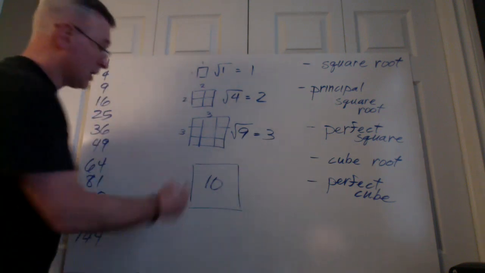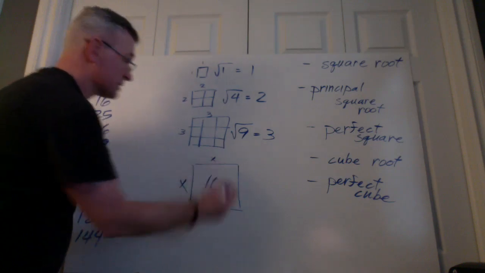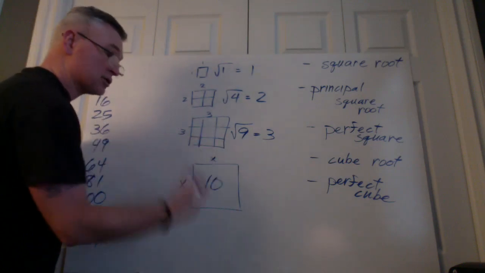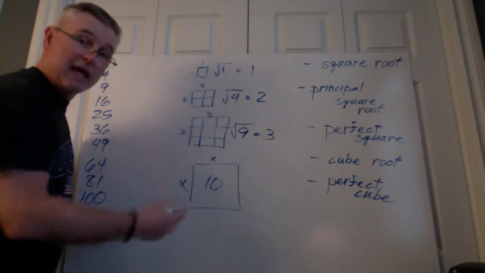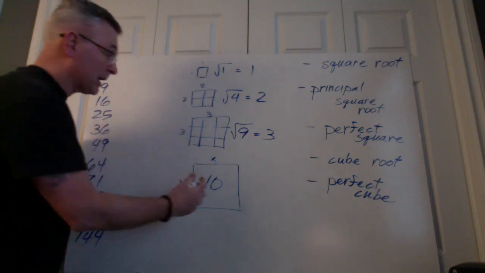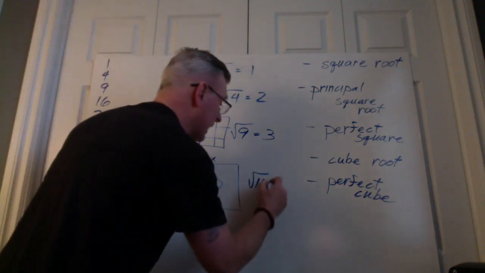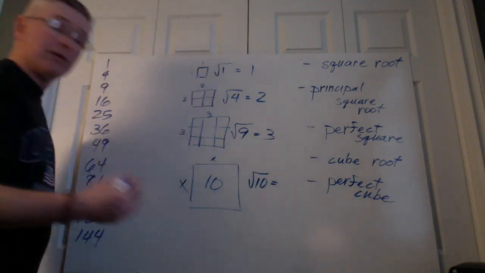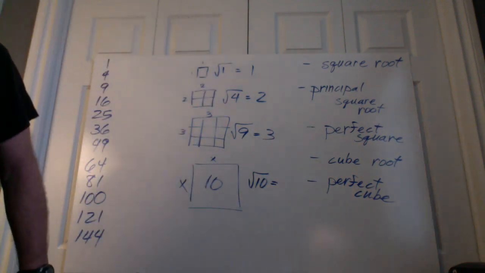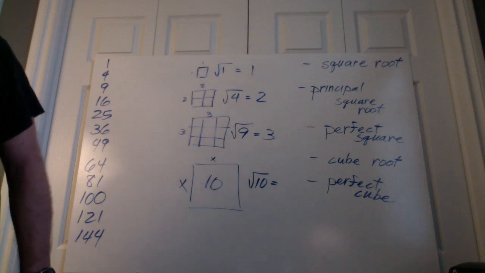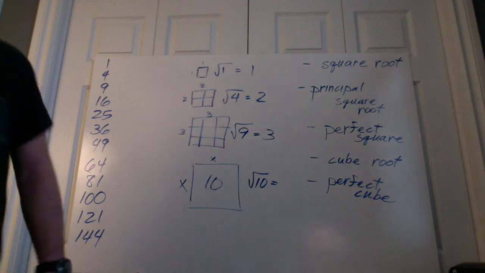So let's make one up that has, oh no, this one has an area of 10. What is this side length and what is this side length? Well, they're the same because it's a square, and there's a 10 for an area. So what I need is the square root of 10. And the square root of 10 is not a whole number. In fact, let me do this real quick. I don't want to estimate this one for you guys. We're going to do 10. The square root of 10 is